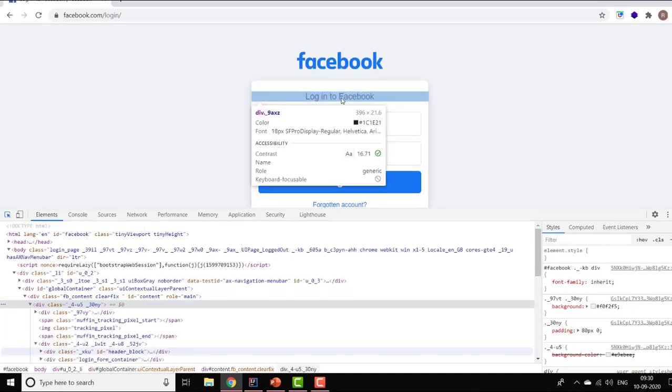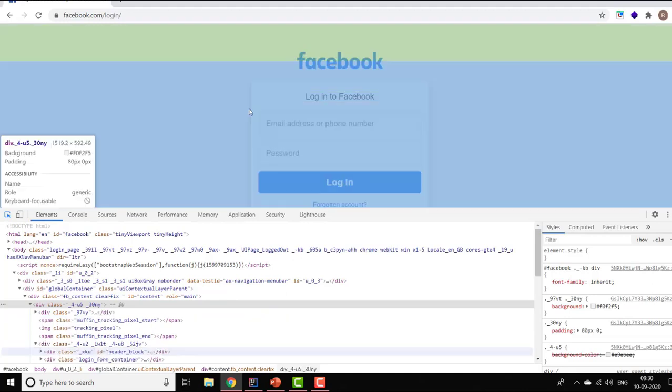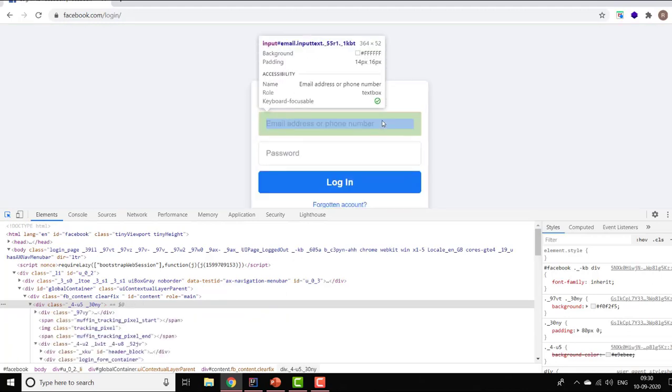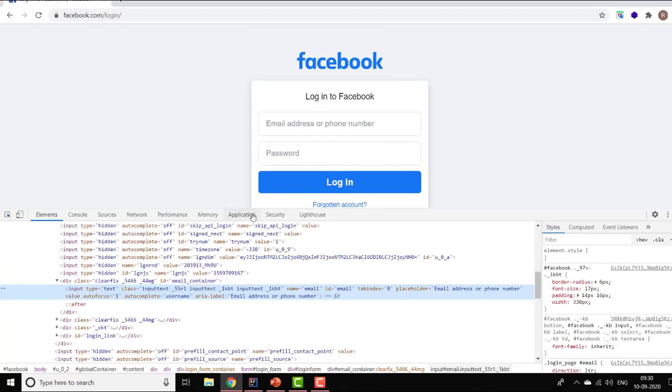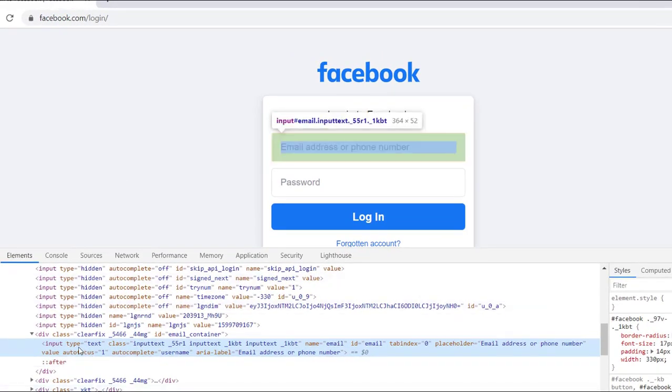As you can see, it is locating this particular logo, then this input box, then the password box. If you click on one of them, I have clicked on this email one. It is basically an input tag because we need to provide input in it, and then there are multiple attributes in it. The tag name is input, and then there are multiple attributes: type, class, name, and for each attribute we have some value. For the type it is text, for name it is email, and ID is also email. These are the attributes and values of this particular tag.